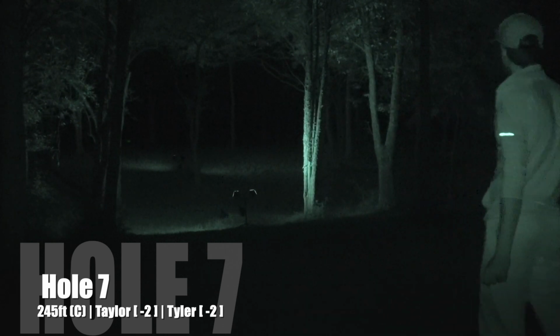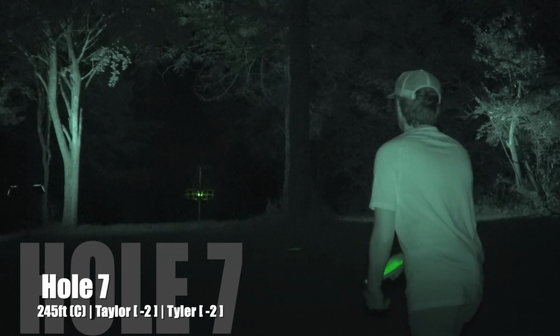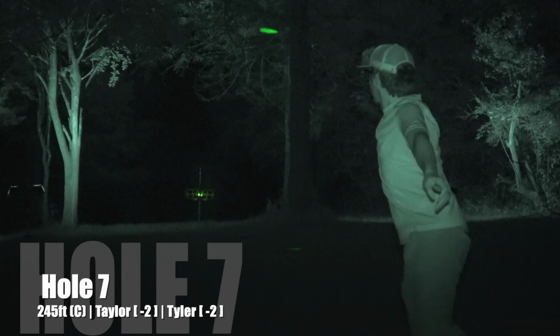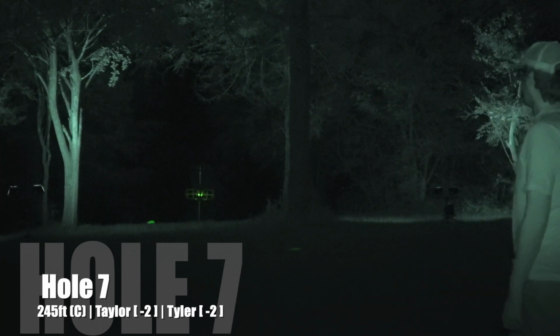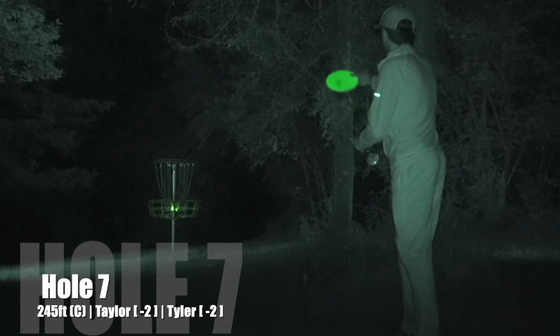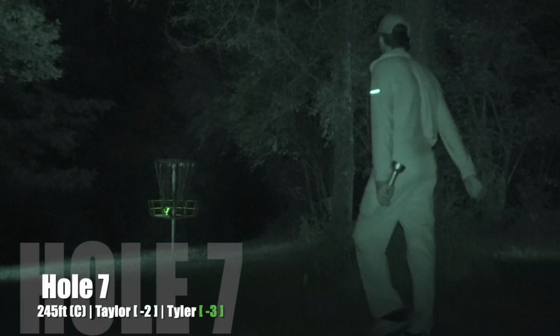Tyler punches one through the left gap, which is realistically the better one to go for if you're trying to get the birdie, and he's going to be way up there for a look. I'm inside circle 2, but quite long, and I don't putt with NBs, man. I love my Electron Ions, and those things are beat to perfection for me, so I'm normally able to give those longer putts a little better run, but that one didn't really glide and just died out right before the